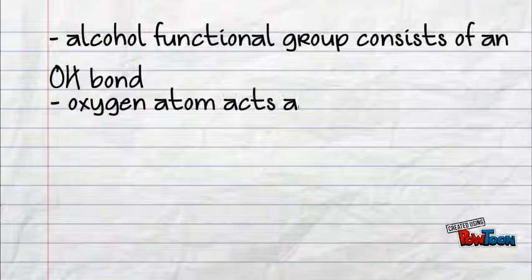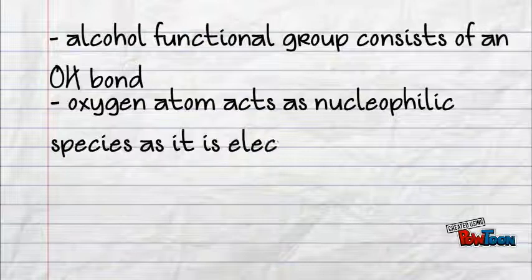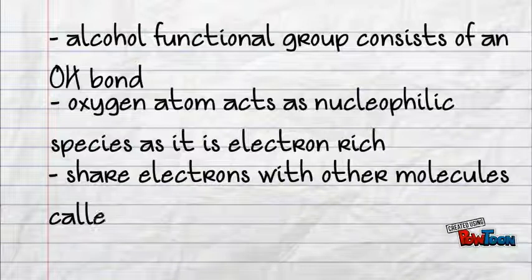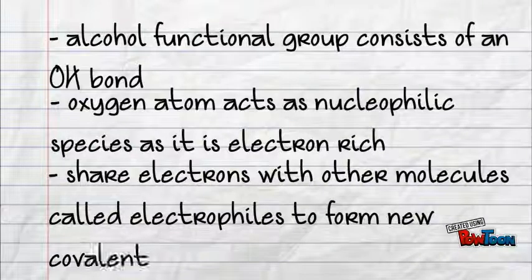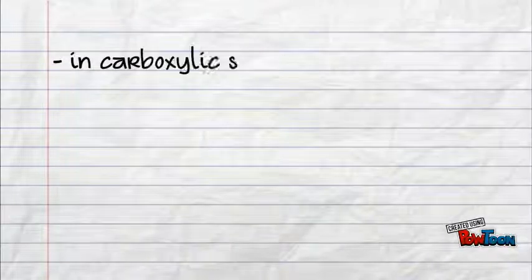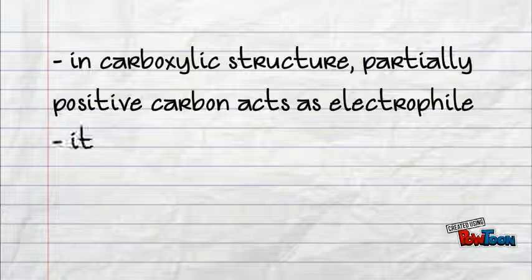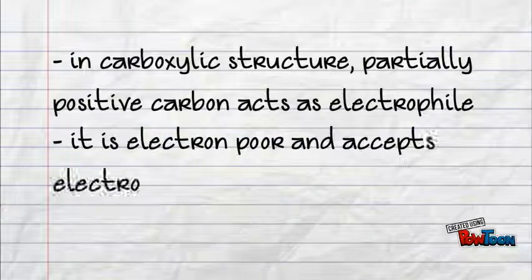The oxygen atom in this bond acts as the nucleophilic species as it is electron-rich and has 3 lone pairs of electrons that are shared with other molecules called electrophiles to form new covalent bonds. In the carboxylic structure, the delta-positive carbon acts as the electrophile because it is electron-poor and accepts the electrons from